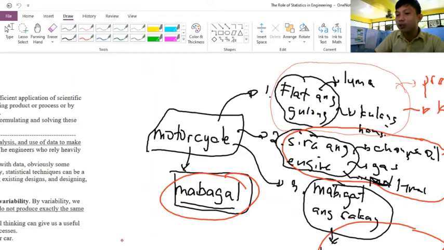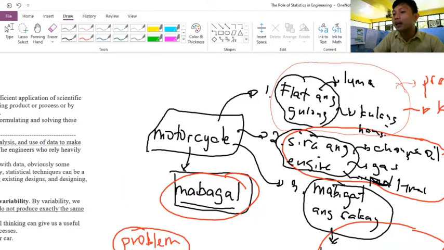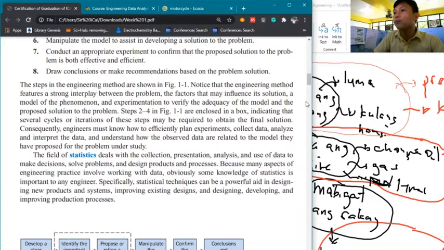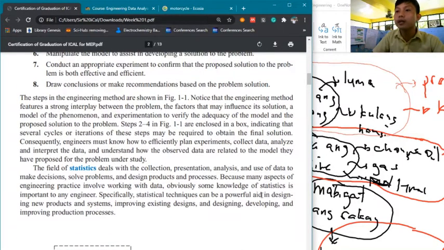So first we always start with the problem, and from the problem we probe, and then from the probe we draw conclusions. Okay, so before that, we probe, we test. And then we test, we draw conclusion. So, ganun yun. We always start with the problem and we always end with a conclusion. Okay po? So, that is how engineers should do the engineering method.